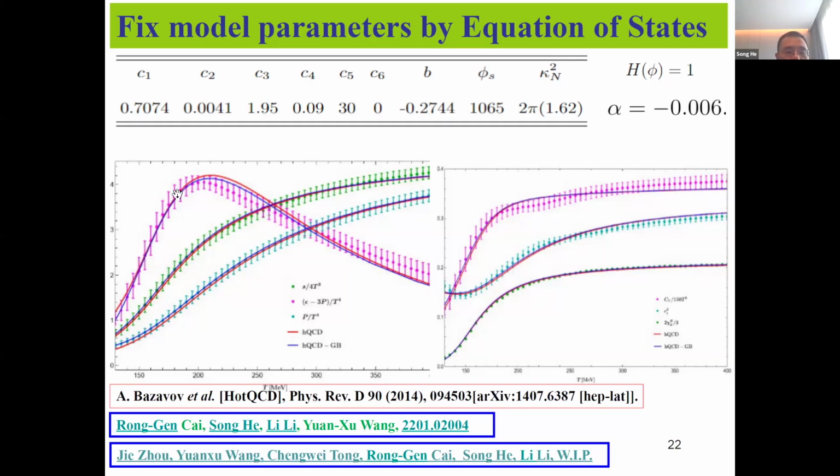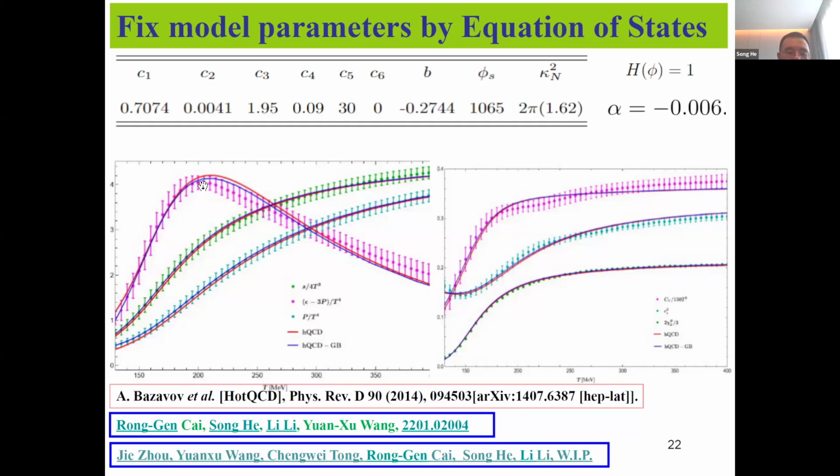So the equation of state data comes from this, and you see that the red lines correspond to the previous model, where we just use the 8 parameters. We slightly turn on this global model fitting in terms of the neural ODE, and we can find the blue line. The blue line is AdS/QCD, or holographic QCD, combined with Gauss-Bonnet.